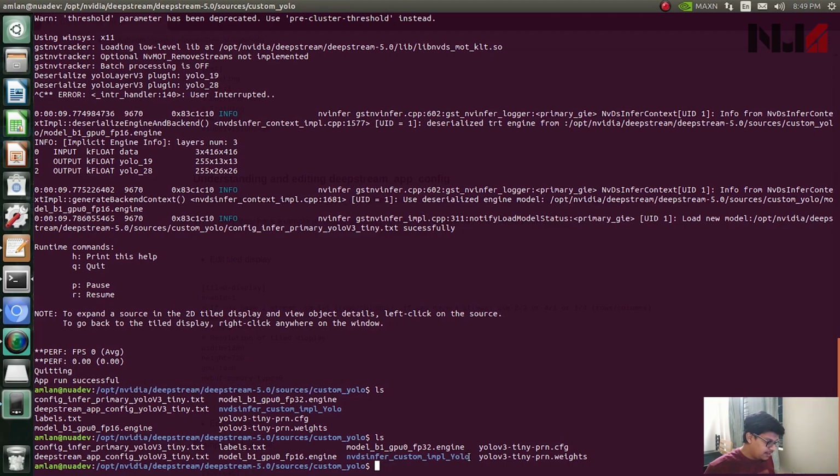The main program files are in this folder, and of course you have the weights. And let me tell you one more important fact: YOLOv3 tiny PRN is the best one that you can execute on Jetson Nano and get much better performance, which is tried and tested, and it is none other than Marcos who pointed this out. So without any delay,